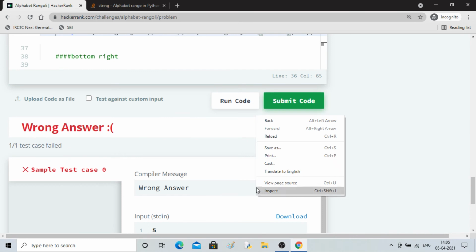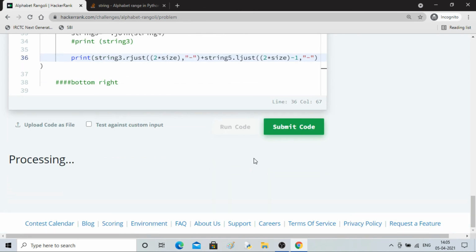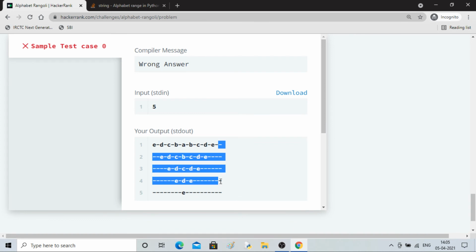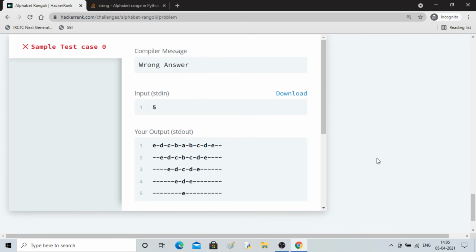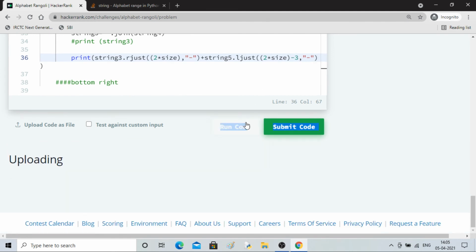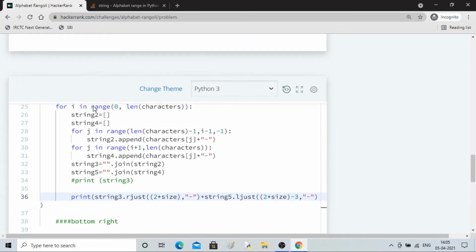So if I do -1, what was the problem? Yeah, we have removed one, so 2 more we have to remove, so I'll use 3. Let's run the code. So yeah, now it is fine. It is just that we have to remove this single thing. Rest everything looks same, right?